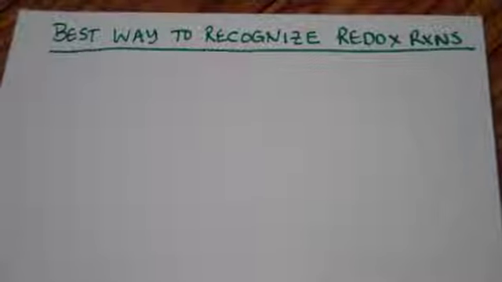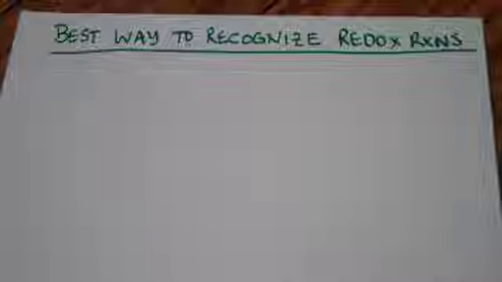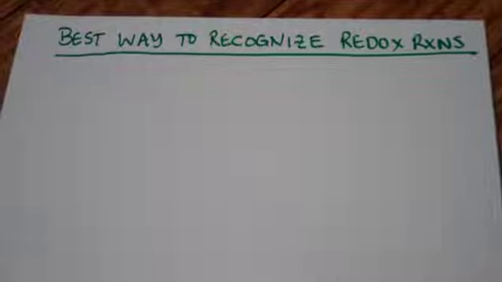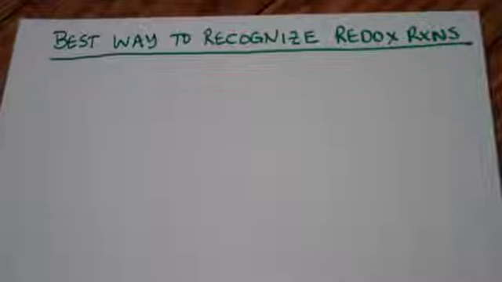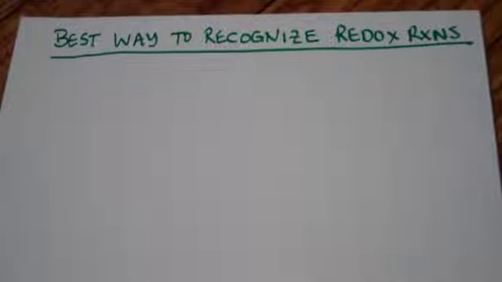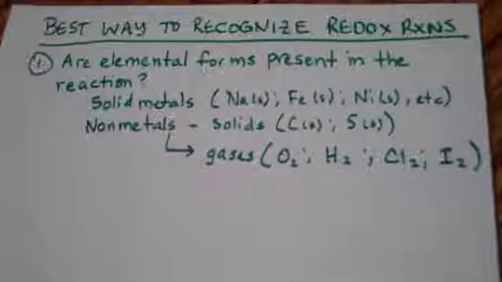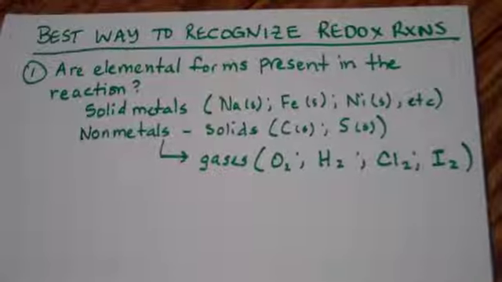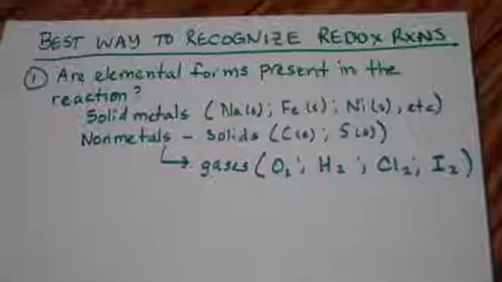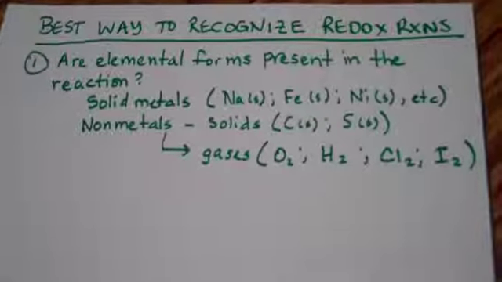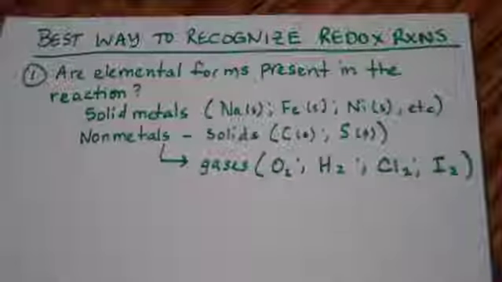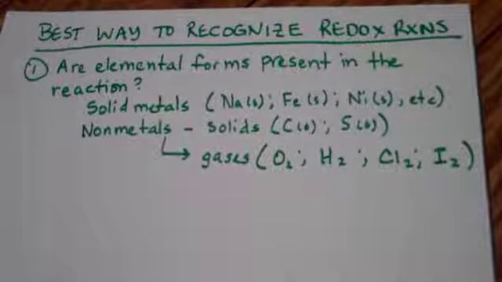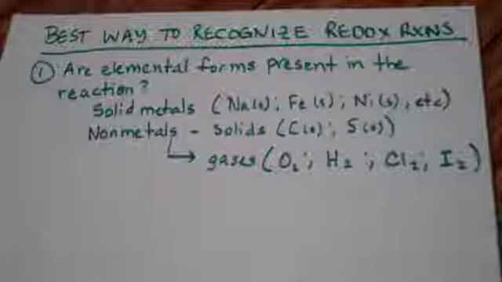So overall, the best way to recognize if a redox reaction is going on is to determine if you have elemental forms within your equation. So if you have elemental forms present within the reaction, this is a good indicator that you've probably got a redox reaction going on. So you might look for things like solid metals like sodium, iron, nickel, anything existing just